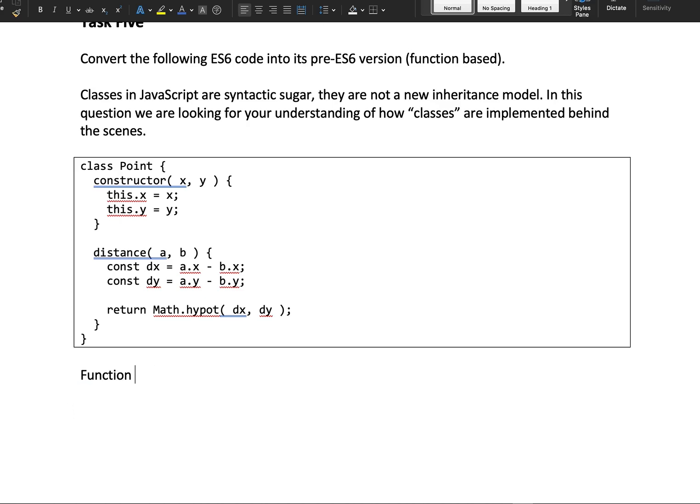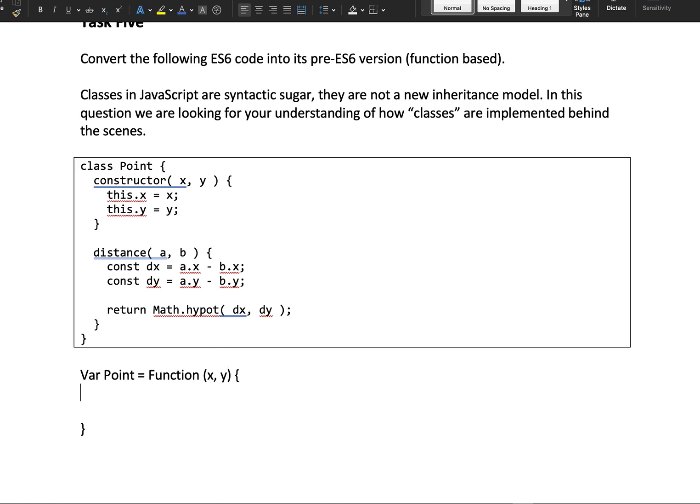You could just define this one, a variable like Point. So define Point equal to a function, and this function is actually a constructor function that accepts 2